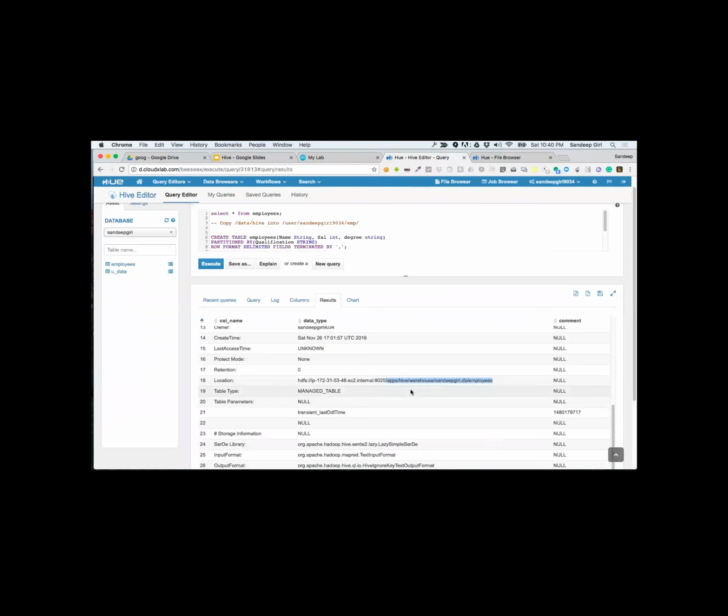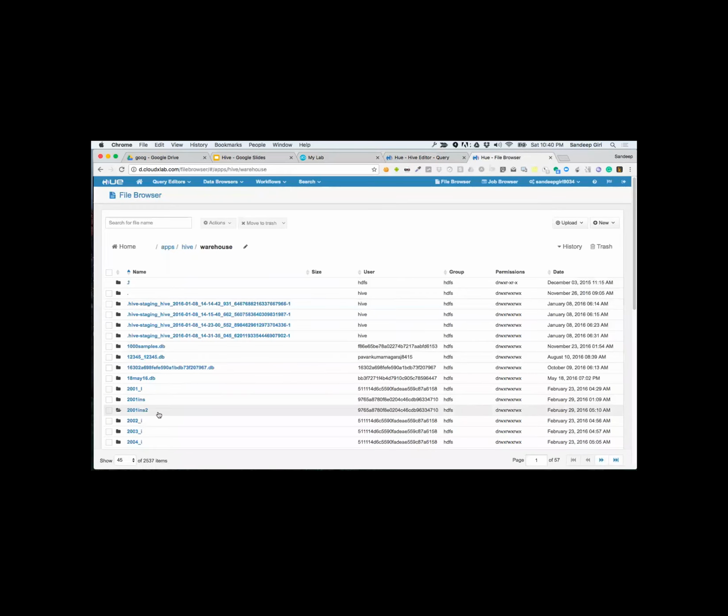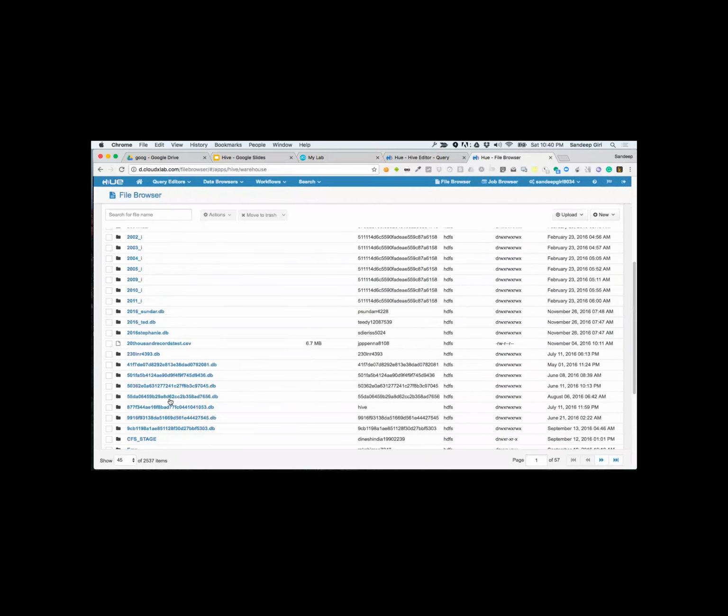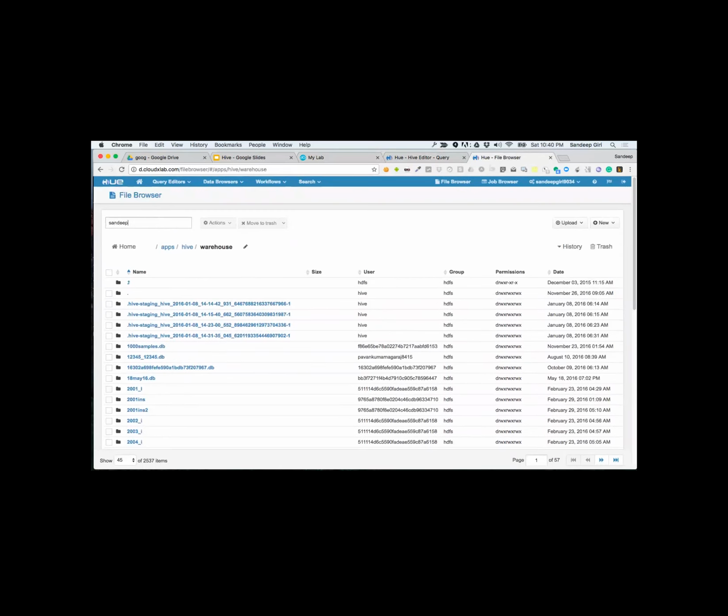So apps, Hive, warehouse, and what else was there? Sandeepgiri.db, and then employees. Easier way would be to use this. Yes, clear this. Okay, now you can see.